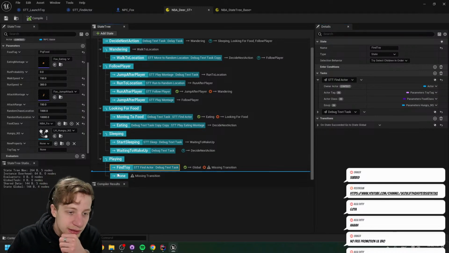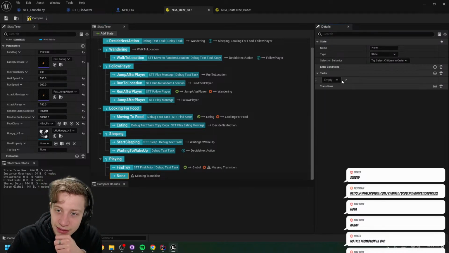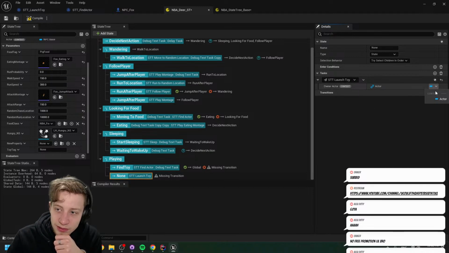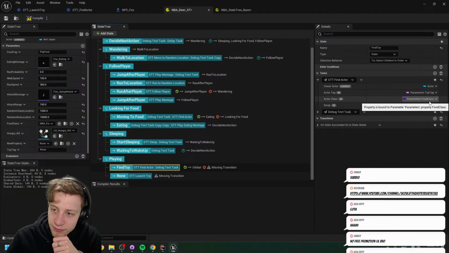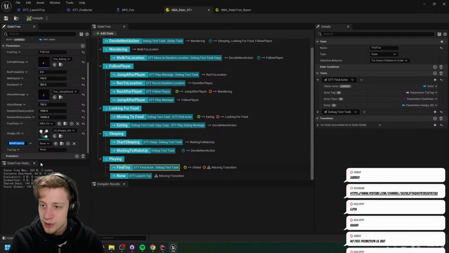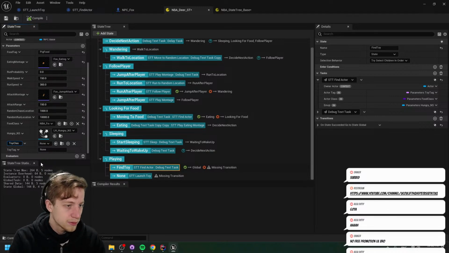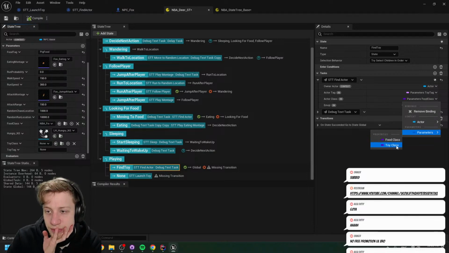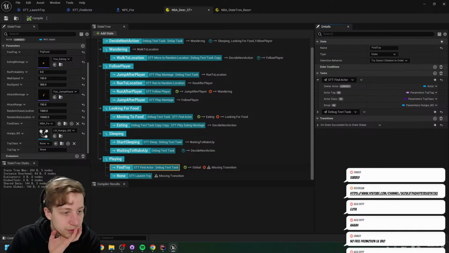Okay, so we got this set. We're finding our toys, and then let's actually try to launch it. So launch toy, and here we just supply an actor, right? Do we have everything now? No, we just need to set a static mesh here. Wait, why can't I define it? Excuse me. Let's just rename it. Oh, I see. I assigned a wrong property. I don't think this one got properly created. Toy class, there we go, and toy tag.